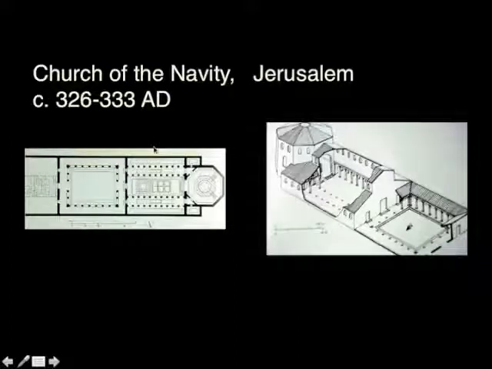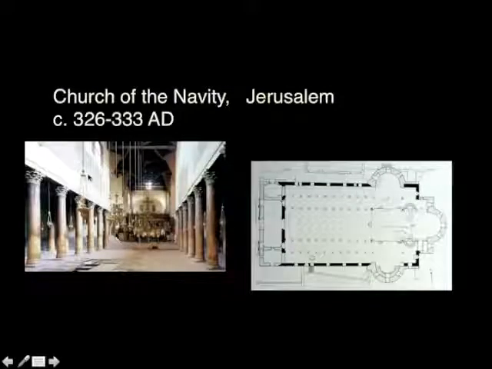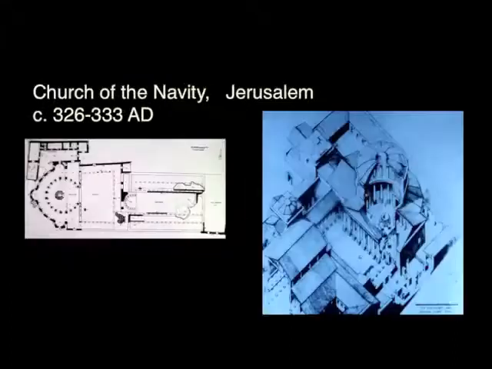So already here in the Church of the Nativity in Jerusalem, you begin to get a kind of hybrid typology of the martyrium, or the centralized building, and the longitudinal building. It kind of looks like the apse that we have at the end of the usual early Christian basilicas, but it's an apse that transforms and becomes more pavilionized. We have the courtyard here and all the elements that we need to establish the type. And you begin to get variations on the theme of the Church of the Nativity that happen.